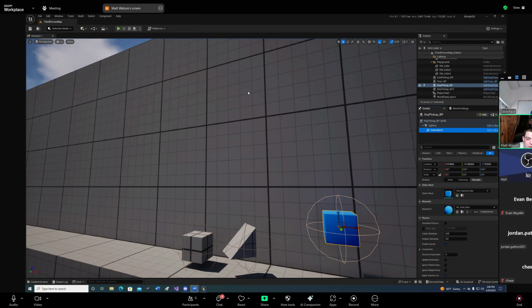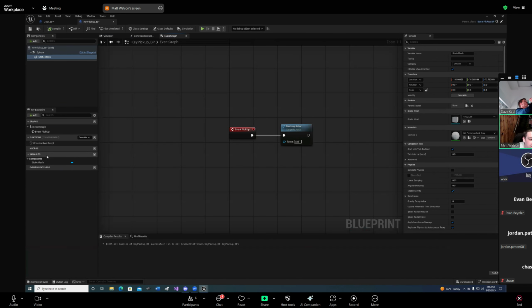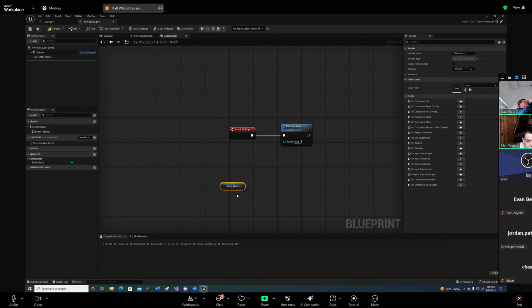So you get the normal version, and then if you right click on the normal version, invalid is an option. So if I were to just drag this one out here, get, and then right